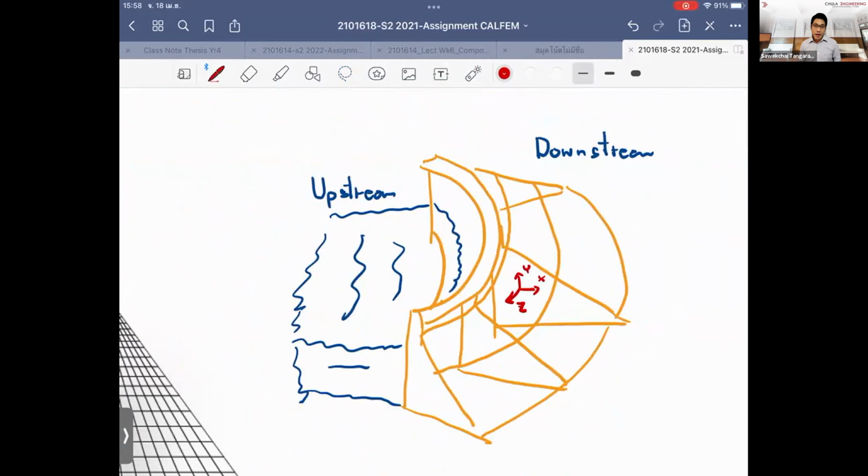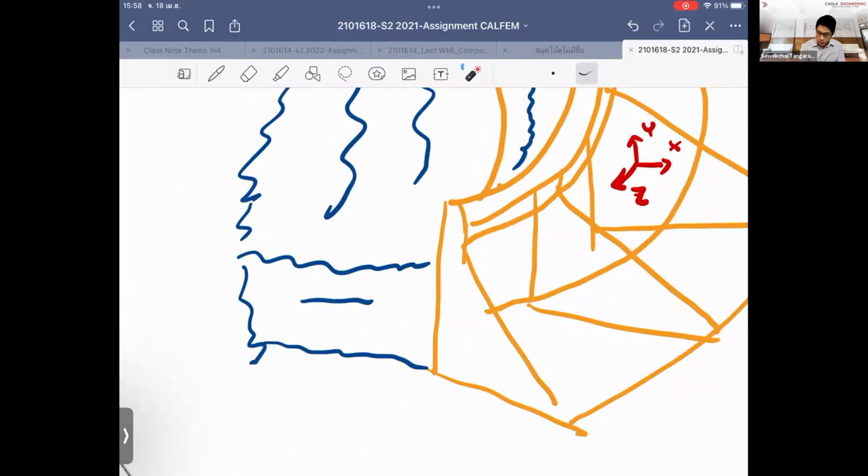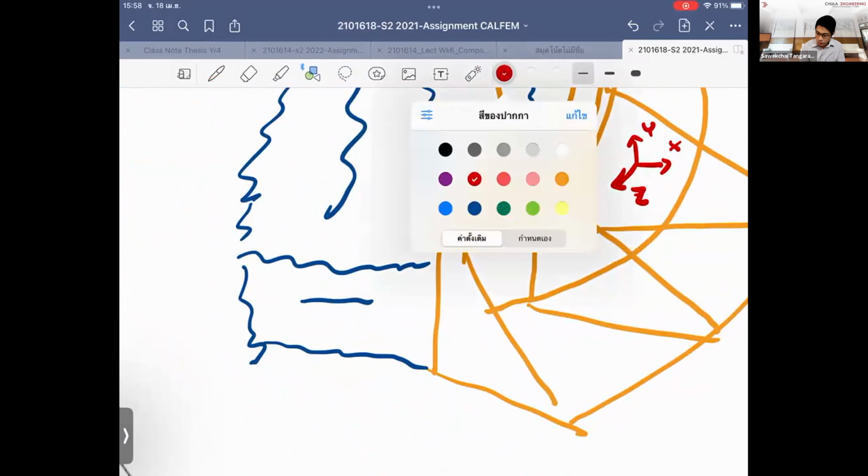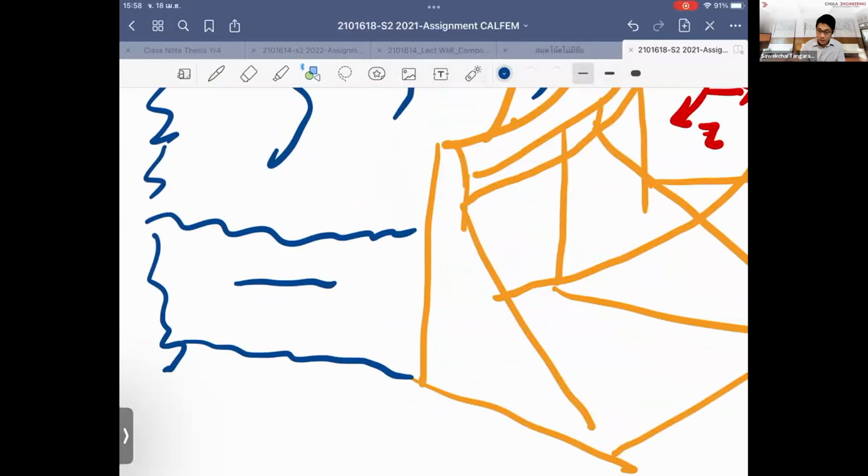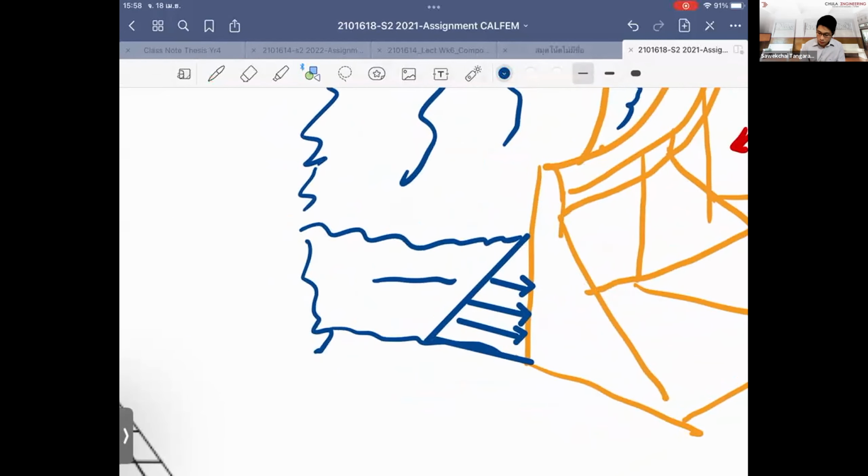So how does the concrete dam resist the hydraulic force? The hydraulic force means, you remember what you learned from your science, right? The science that you learned in high school. They're saying that the hydraulic pressure that hits the body is along the depth of the water. If you're having the depth here, which is H, which is the depth of the water,